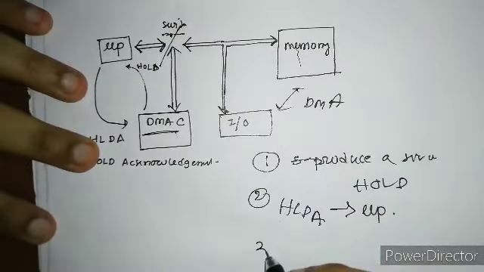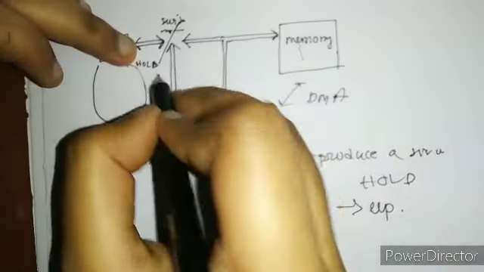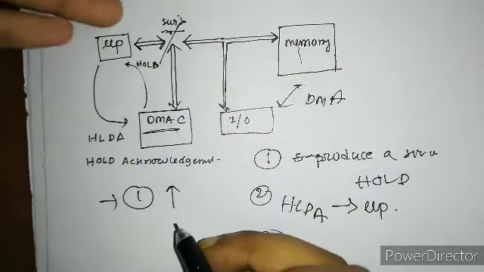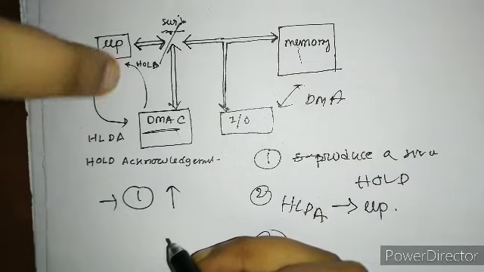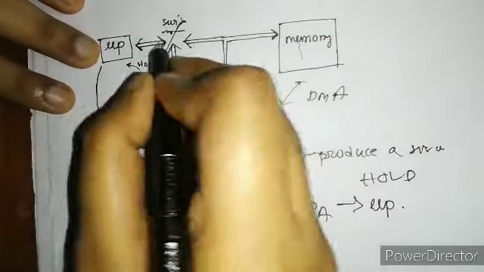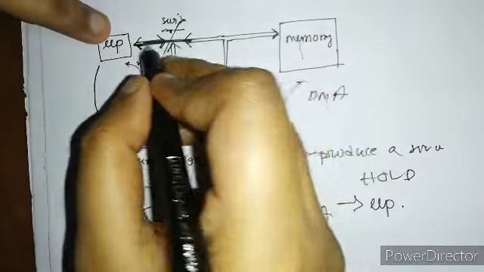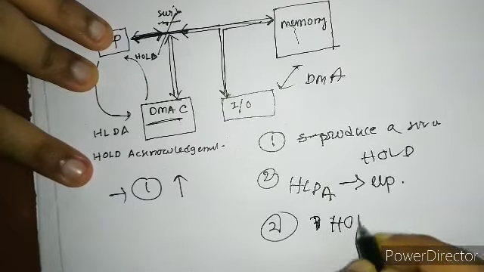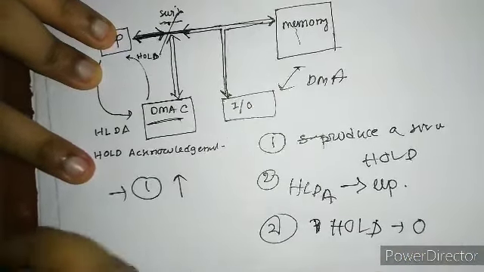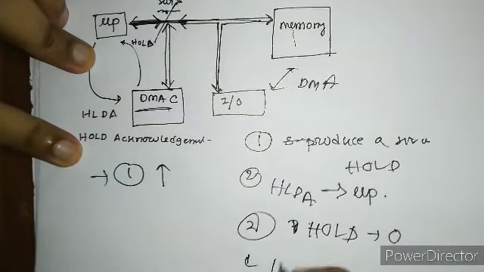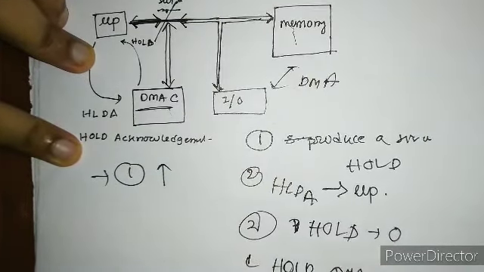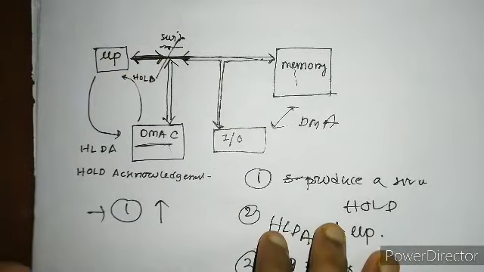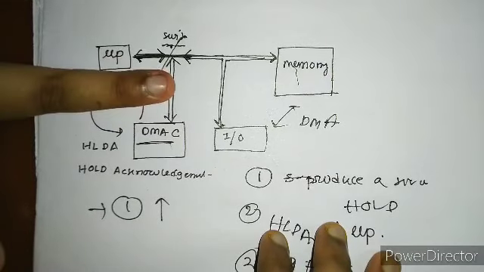Now suppose their task is over. So third step, now this hold which was at 1, which means high, which stops the MUP from what it was doing. Now you can go back to your task and this switch will go off and again this link will get established. So third step, hold to 0. Then the MUP will say okay, your hold is over now, and the MUP can perform on its own again.